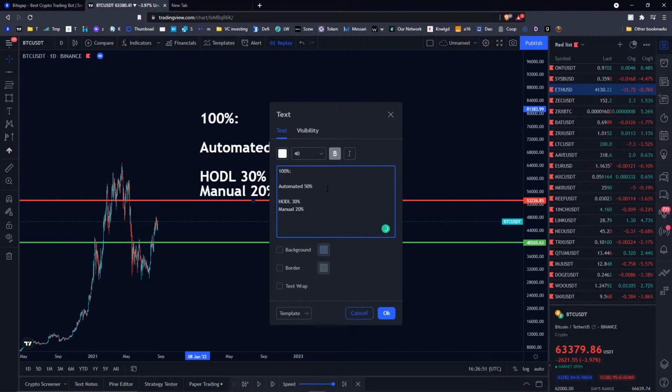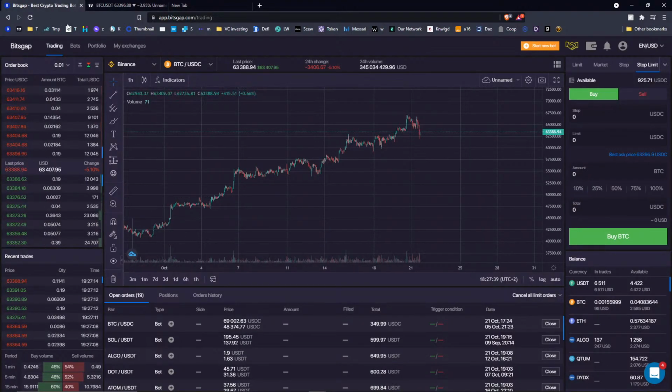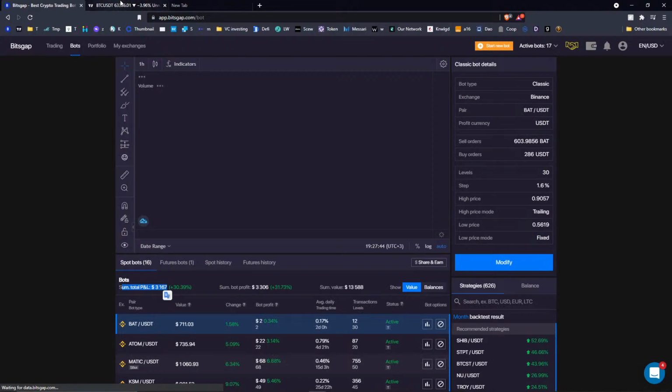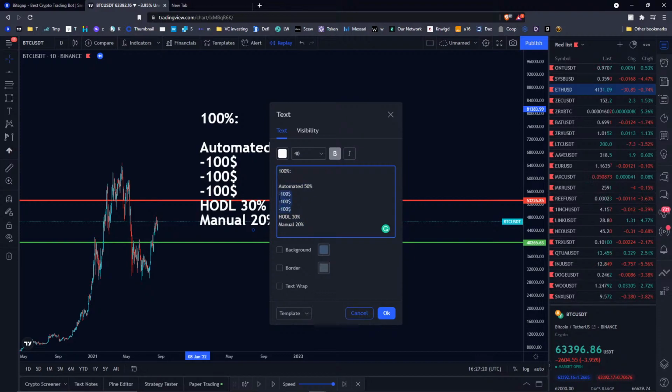And of course, further to minimize the risk, you can also set the maximum you can allocate per each bot. So let's say 100 per each bot. So you know that you never put all money in one trading bot strategy. You know that some bots can outperform, some can underperform. So the only thing that matters at the end of the day is the final result of your sum total P&L. And that's why it makes sense to split your investments proportionately within the strategy.